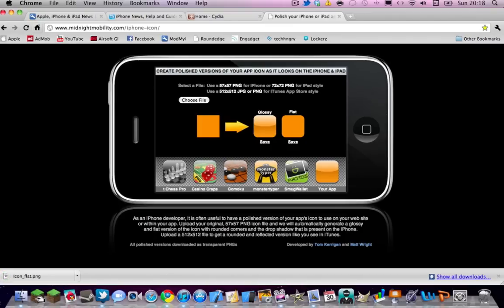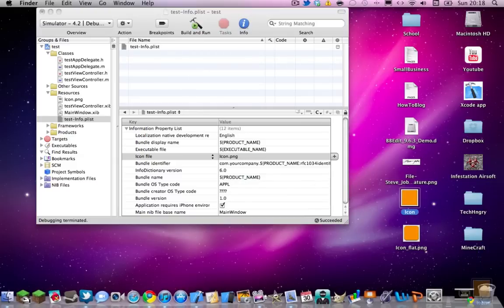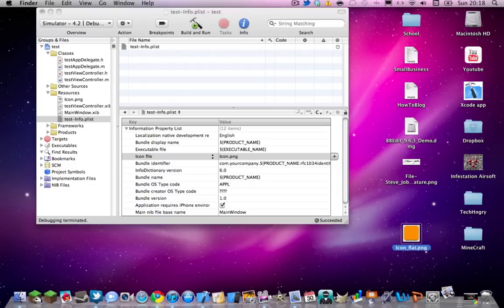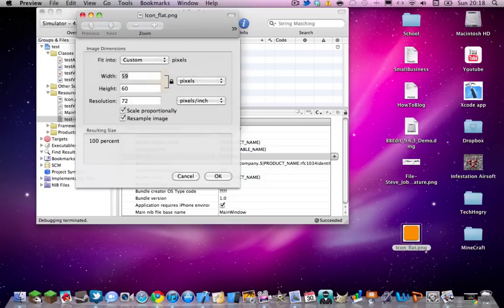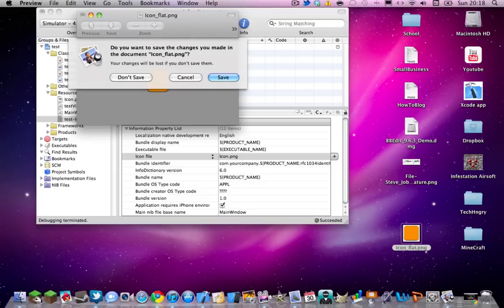Once that's downloaded, it should save to the desktop. That's just what it defaults to for me. And you can trash your other icon.png, and then open this up in Preview, or just open it and go Tools, Adjust Size. For whatever reason, this website makes it 59 by 60. We want it 57 by 57, like it was before. Close out and save it,